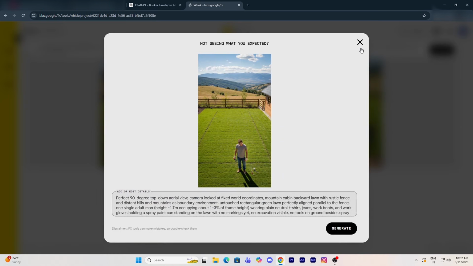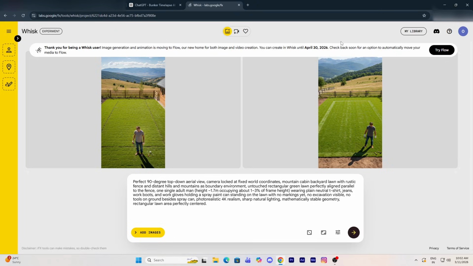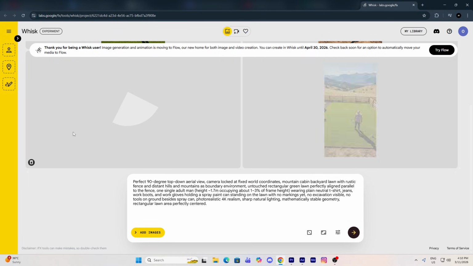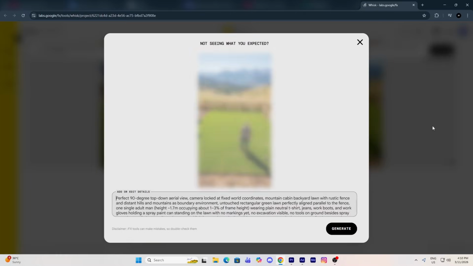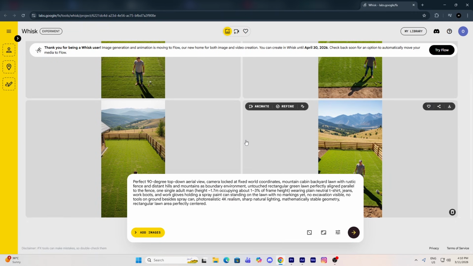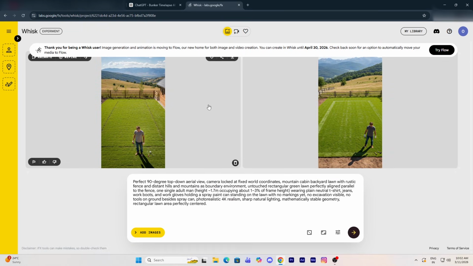The visuals look very realistic and high quality, even though they are completely generated using AI. Sometimes the tool generates multiple variations, so you can simply pick the one that looks the best to you. Also, don't hesitate to regenerate the image a few times if you want slightly different lighting or camera angles. Now, choose the image you like the most and simply download it.